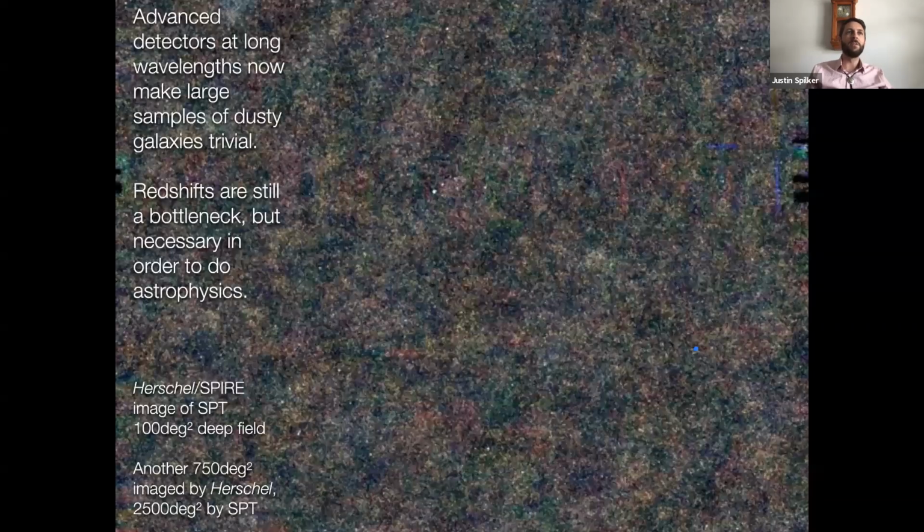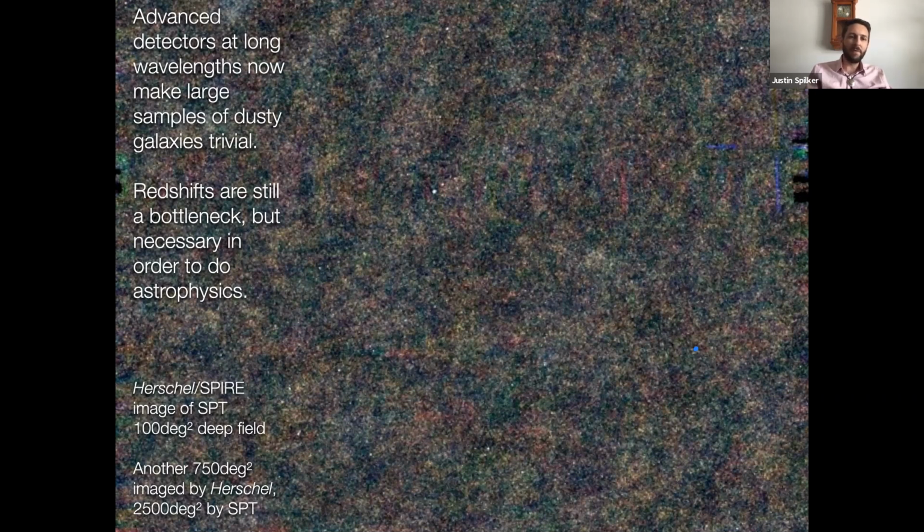As many of you I'm sure know, the big advances we got out of Herschel, SPIRE, and PACS have led us to samples of many thousands of dusty galaxies. Most of them are at redshift 1 to 2 or so, but with a tail that extends out to the very high redshift universe. Unfortunately, the Herschel data didn't really give us any redshift information. That really broad dust SED peak that we're all familiar with doesn't give you much leverage in constraining a photometric redshift.